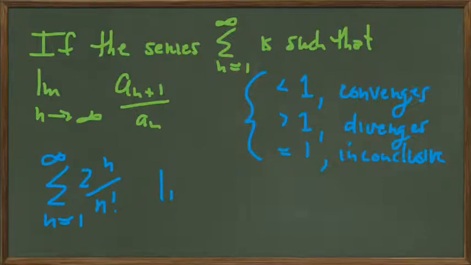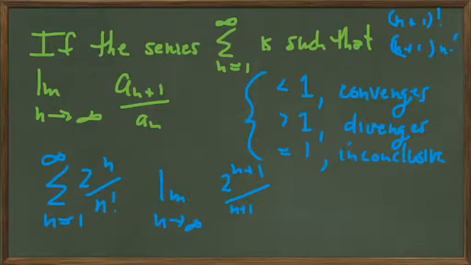So if we look at this required limit for it, what's it going to be? 2^(n+1) over (n+1) factorial. (n+1) factorial means what? (n+1) times n, etc. So it's actually (n+1) times n factorial, right? 5 factorial is 5 times 4 times 3 times 2 times 1, but that's also the same as 5 times 4 factorial. And we're dividing that by what? 2^n